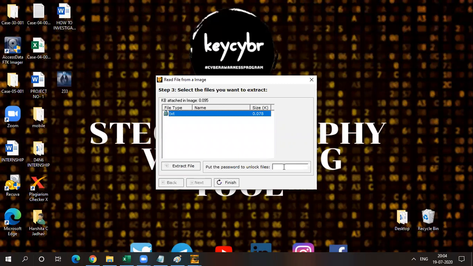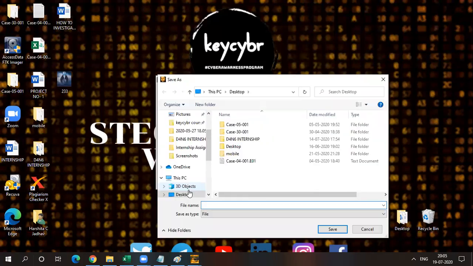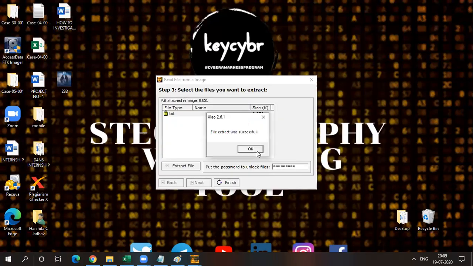Okay, CYBE, extract file, and save it on the desktop. I will put the name here, that is 2333. Saved. File extract was successful, and we need to finish this process, right?